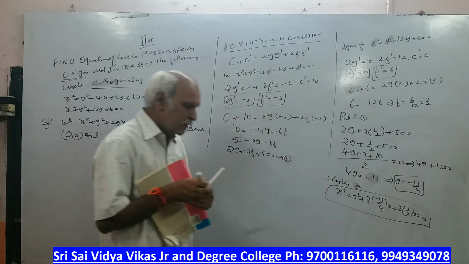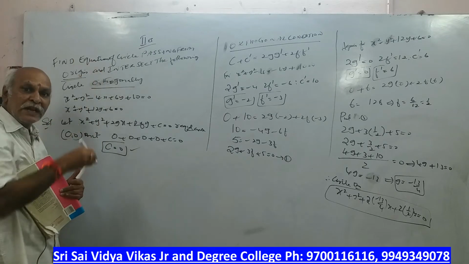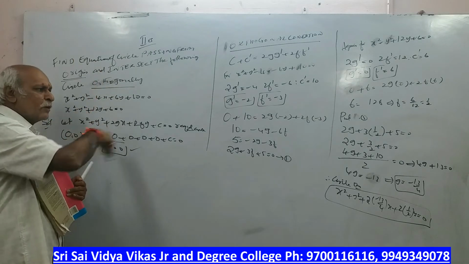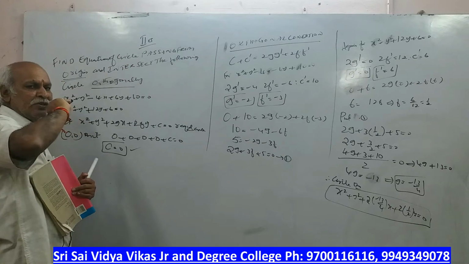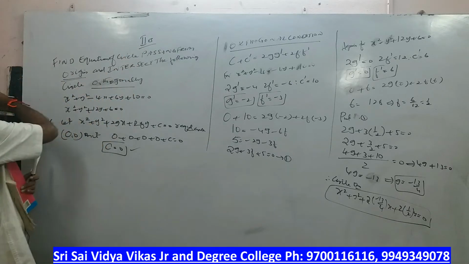So here what is important? Orthogonal condition circle. Models will be like this. Different models will be there. Same problems. Every time we will be using the orthogonal condition. Depending upon the condition, we have to start doing it. Okay, please note down this.